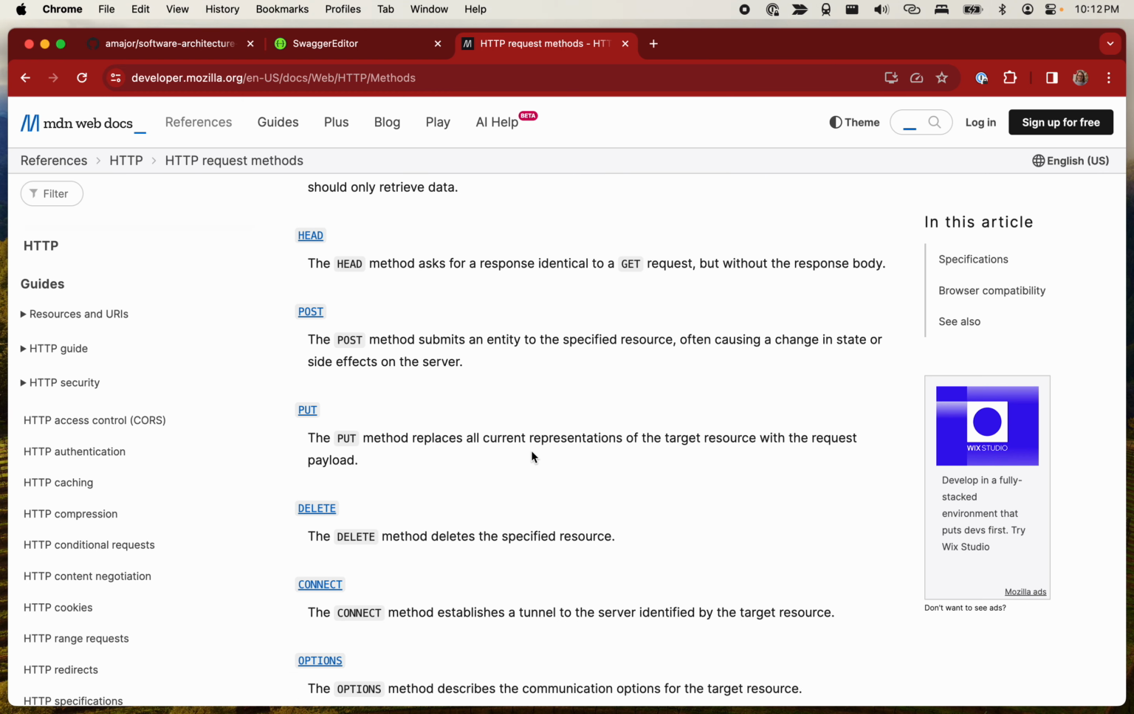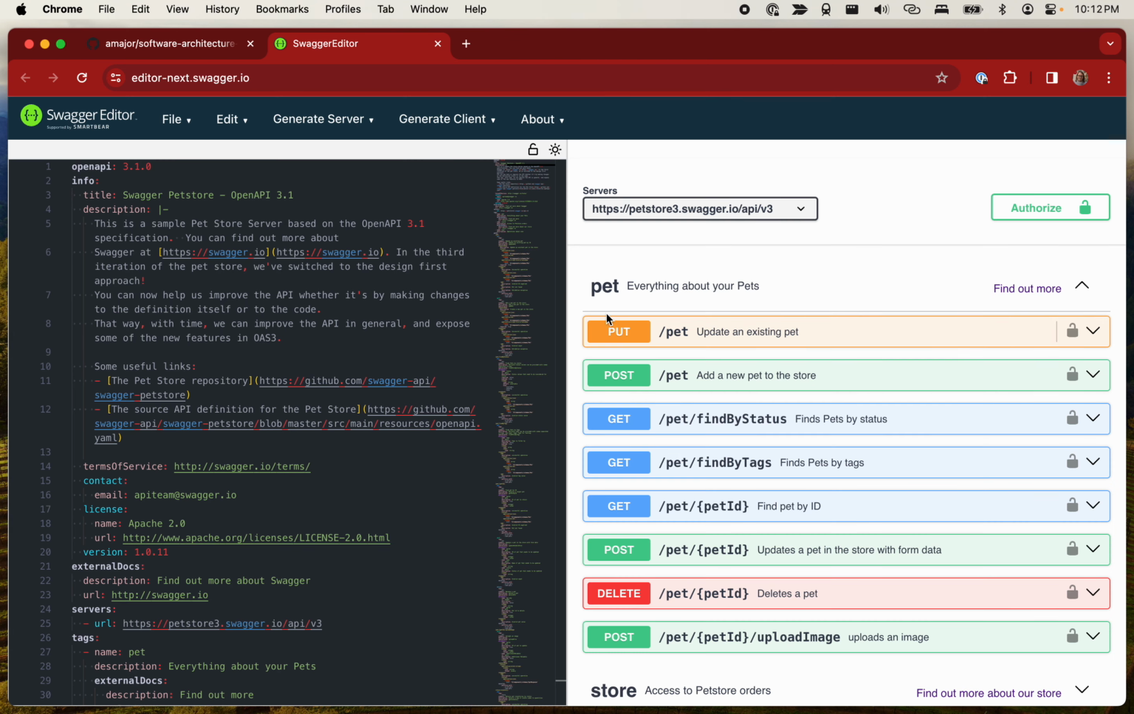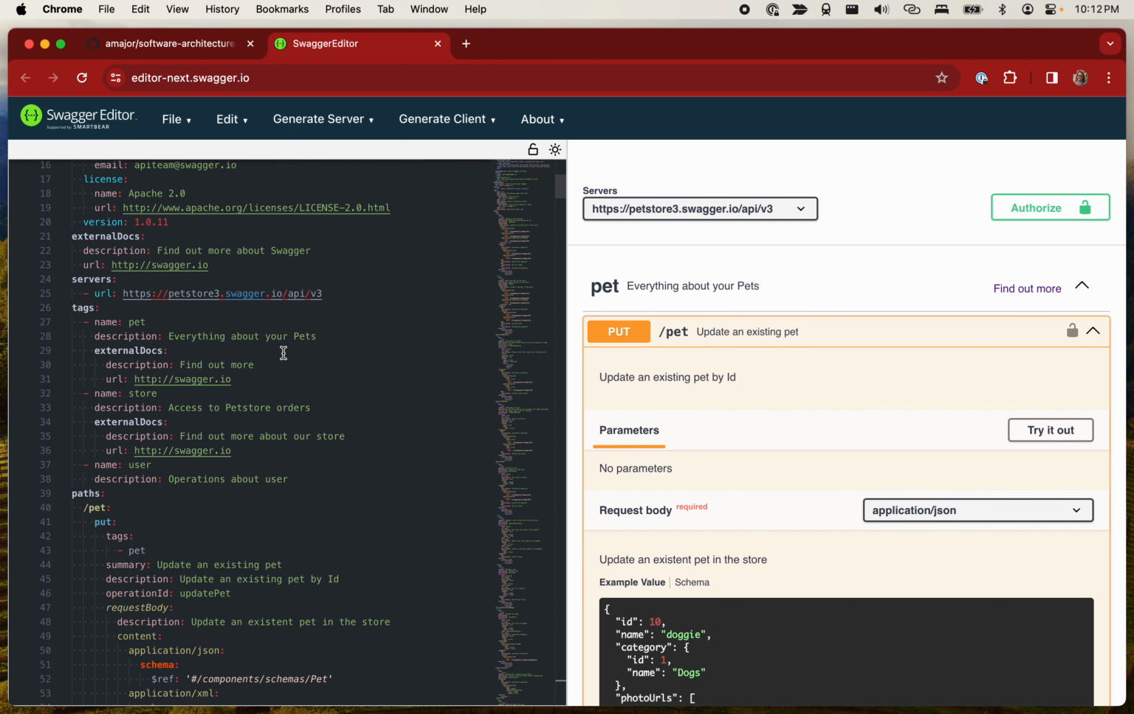Put is going to replace all the current representations of that target within the payload. Delete something. But the main ones we're using are get and post today. All right, so you can see it shows you what type of method it is, and then if you expand them, you have a description of what it is, and you can see all of this is defined in this